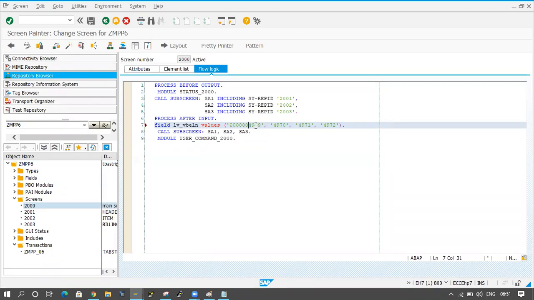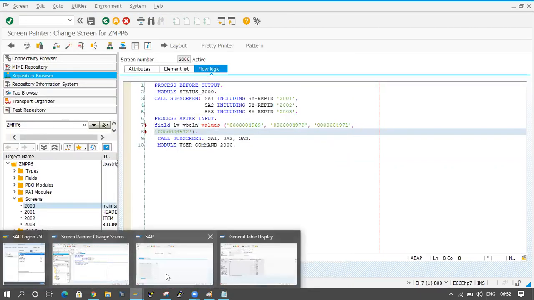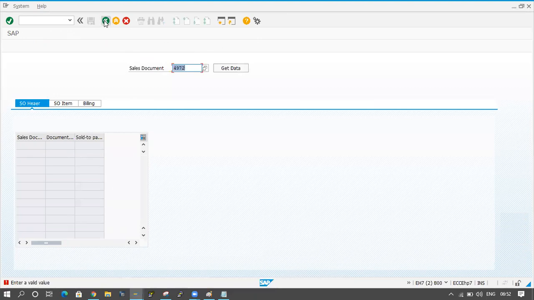Already 4 numbers are coming, so 6 digits of space are here, so I am adding 6 zeros here. Same thing here also. Just activate it.